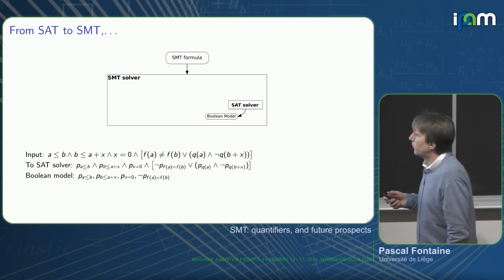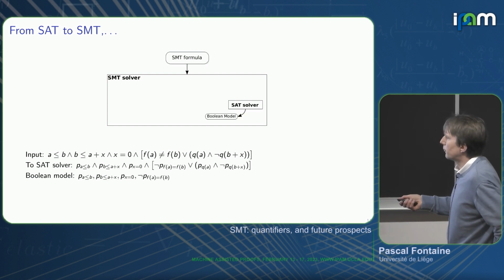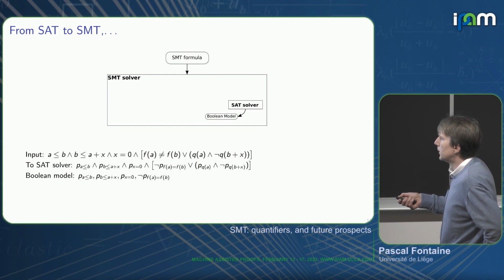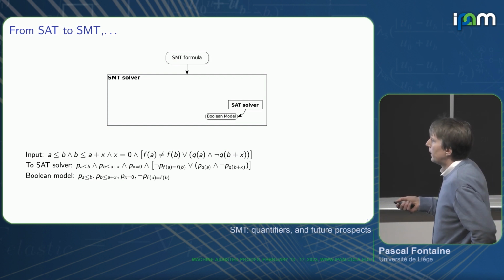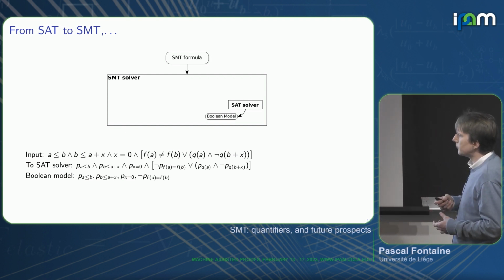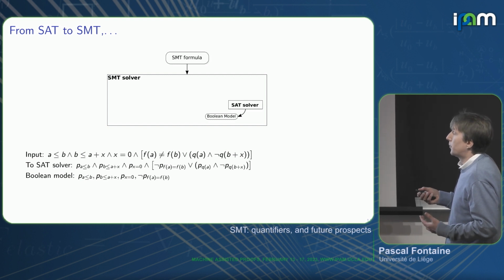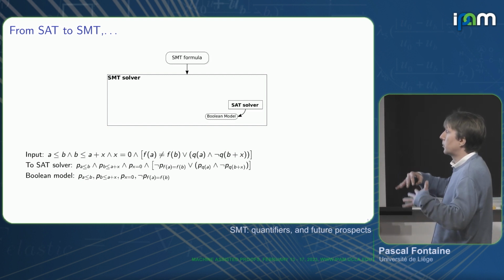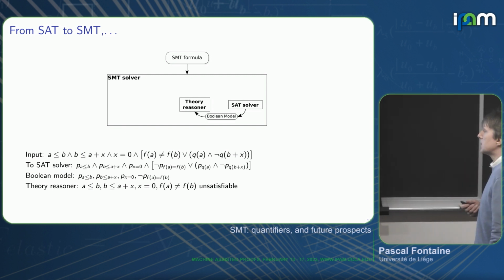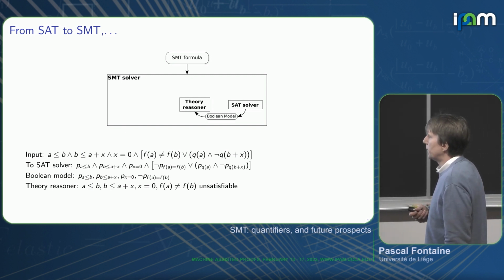And the SAT solver will say, well, basically, you can make this formula true if this is true, this is true, this is true, and this is false, right? I mean, remember, these are disconnected propositional variables. So for it to be true, you also have to concretize them again, and give that to your theory reasoner, and this is the